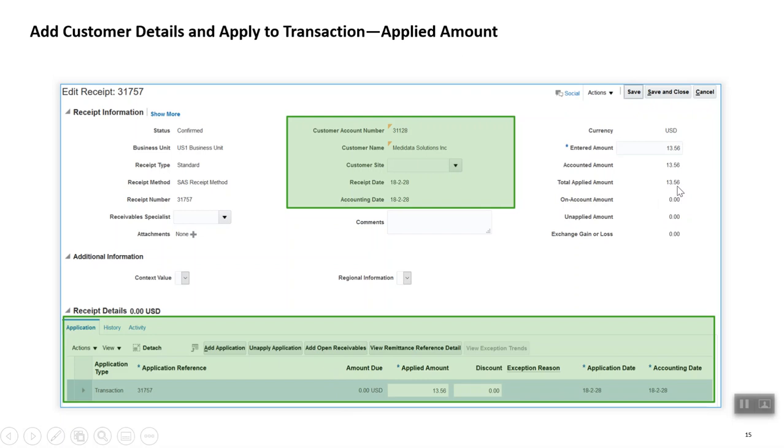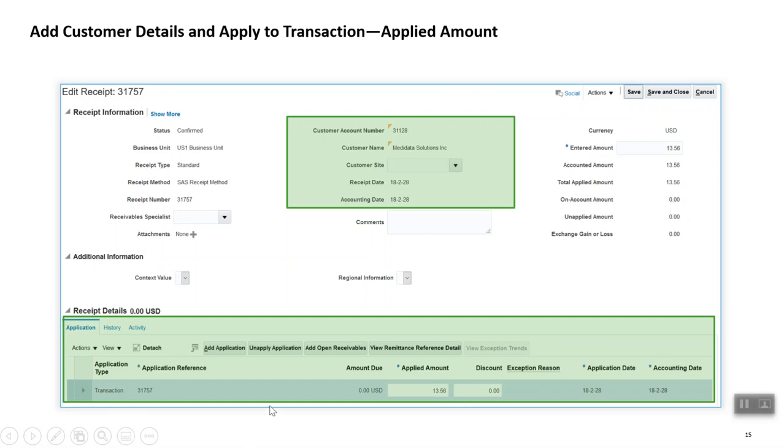Now there was one scenario that we had discussed: assuming that my receipt would have been 140 USD, and my transaction was 13.56.